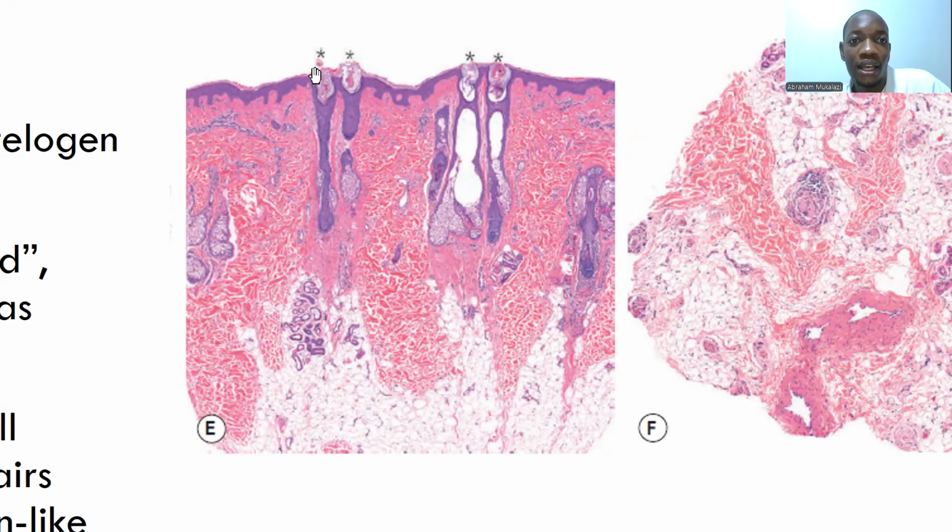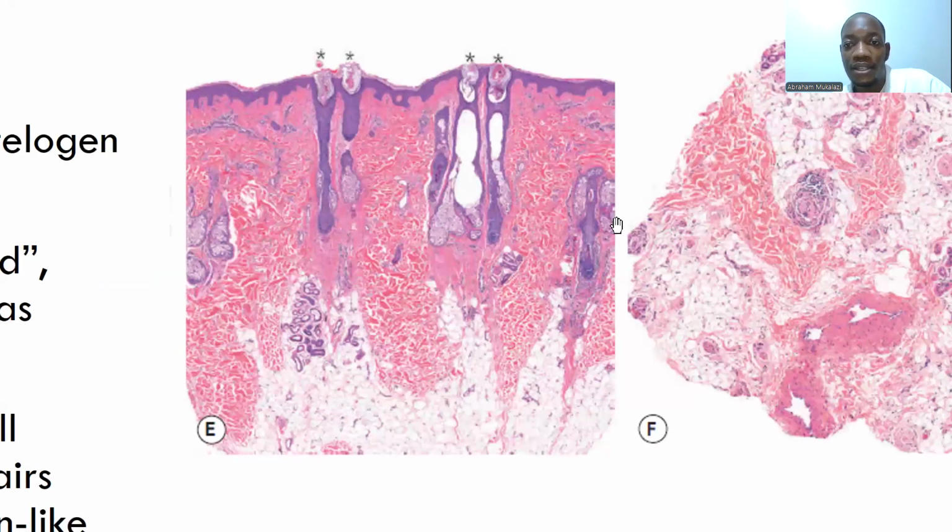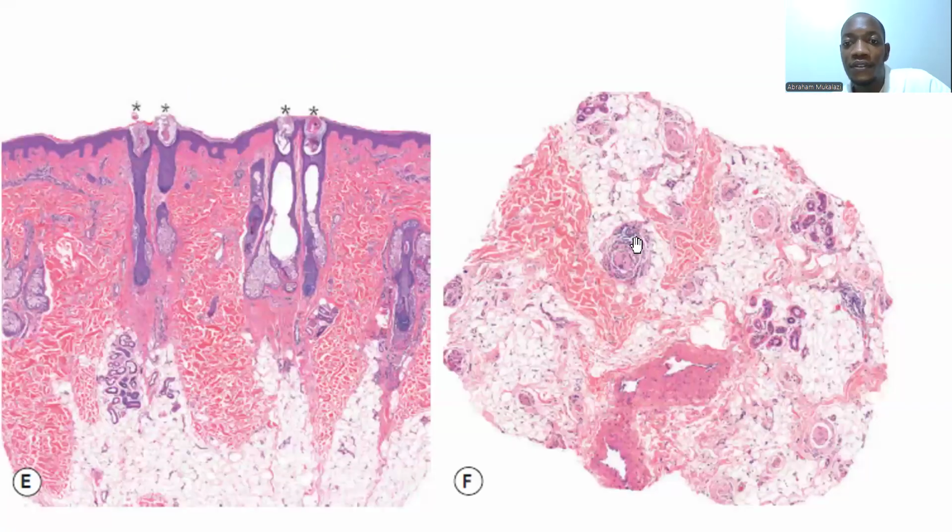So you have a hair exiting like here, and then at the base here you have a new hair being formed. So when you take off your section, you'll find that most of the hairs, like in this case here, almost all of the hairs that you are seeing are existing in catagen phase. And when you look at the base here, you see this infiltrate of lymphocytes around the hair follicles,